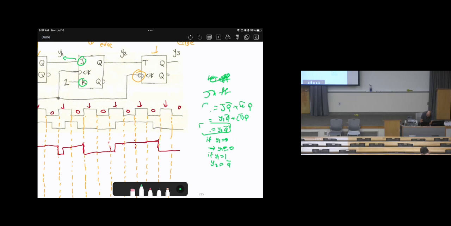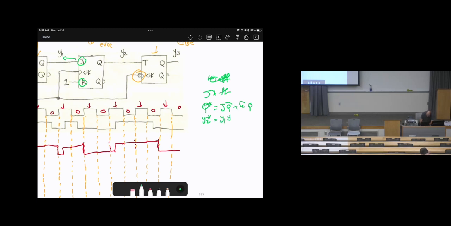I'm sorry, I apologize about this. So here is Q star. I'm going to substitute Q as, let me redo it, I'm sorry. Because it's correct, but I'm going to just make the notations clear. So I'm going to substitute Q with Y2, and here is Y2 star equals to J, which is given here as